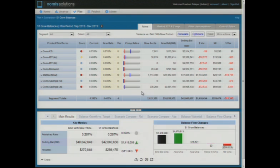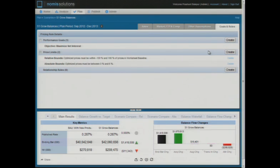So in this case, I know that I'm going to gain $1.5 billion, but then obviously I'm beginning to lose some margin. Not quite at the $6 billion that I need. Is there a better way? I can continue to play these one-off what-ifs, but there is a better way, and that is through the power